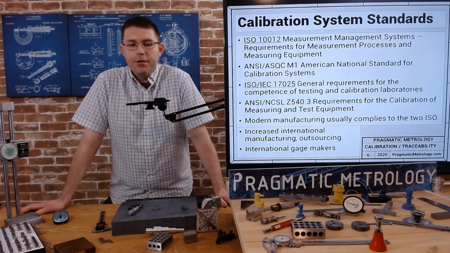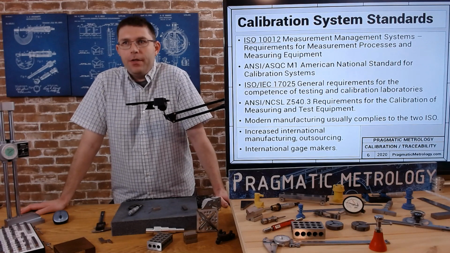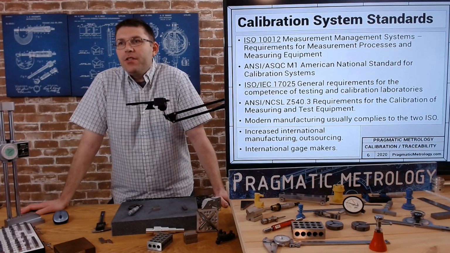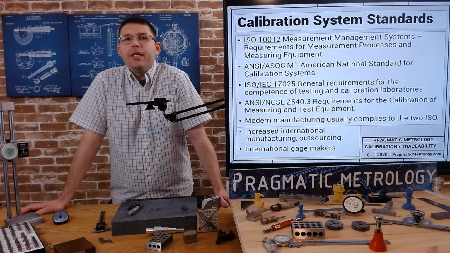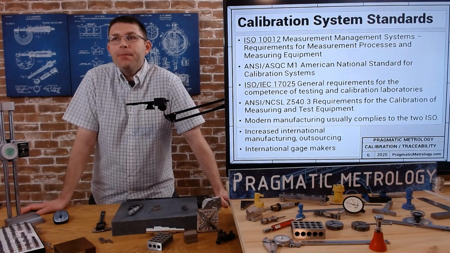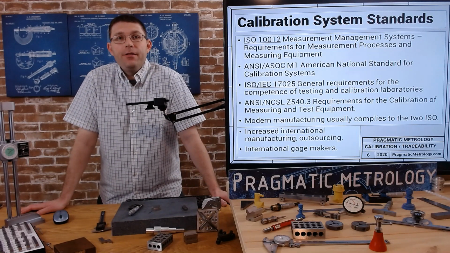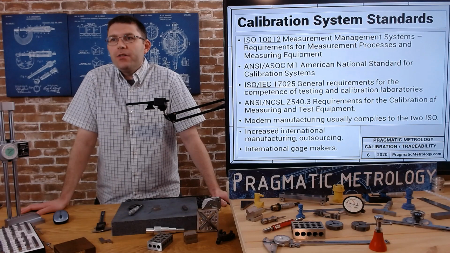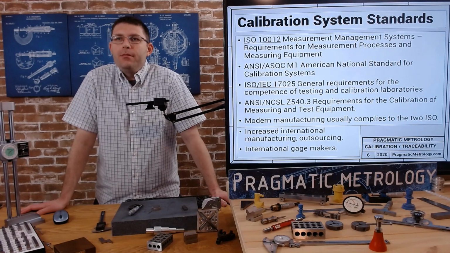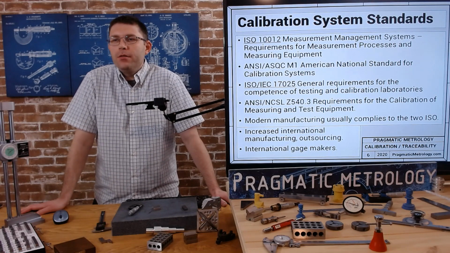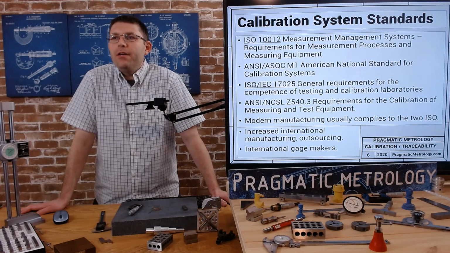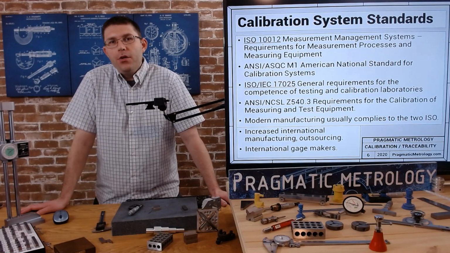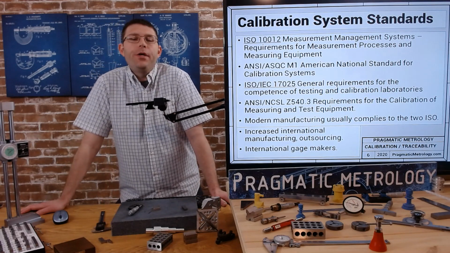So we're going to shift gears a little, and we'll talk about the calibration system standards that are available. So ISO 10012 is the measurement management systems, requirements for measurement processes and measuring equipment. So this is one standard that you should probably take a look at and apply at your company. Most gauge calibration companies are going to follow this standard nowadays. There's some other ones like ANSI/ASQ M1, American National Standard for Calibration Systems. Those two are not exactly overlapping, but have the same general system. ISO/IEC 17025, general requirements for competence of testing and calibration laboratories. So every lab that you send your part to will probably be following this standard,